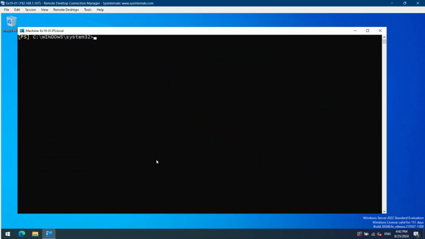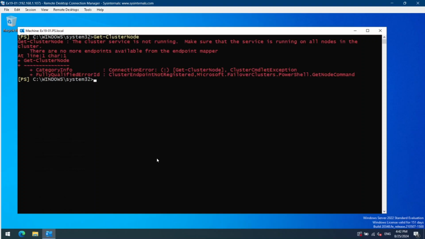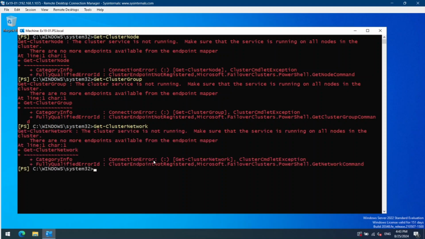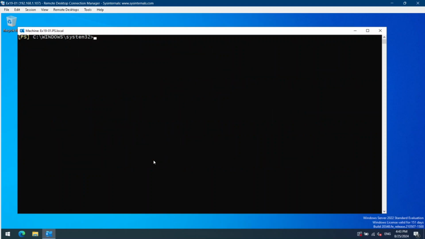In case you have the database availability group configured, which is DAG, and the cluster being used in your environment, you can use Get-ClusterNode, and you can use the Get-ClusterGroup cmdlet to check whether the cluster group is online or not. You can also use the Get-ClusterNetwork cmdlet to check the cluster network status. So once you have checked the cluster status, clear the screen